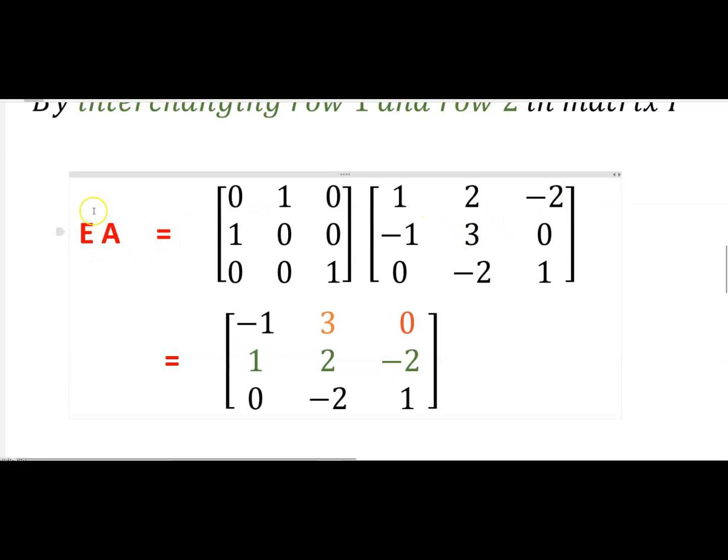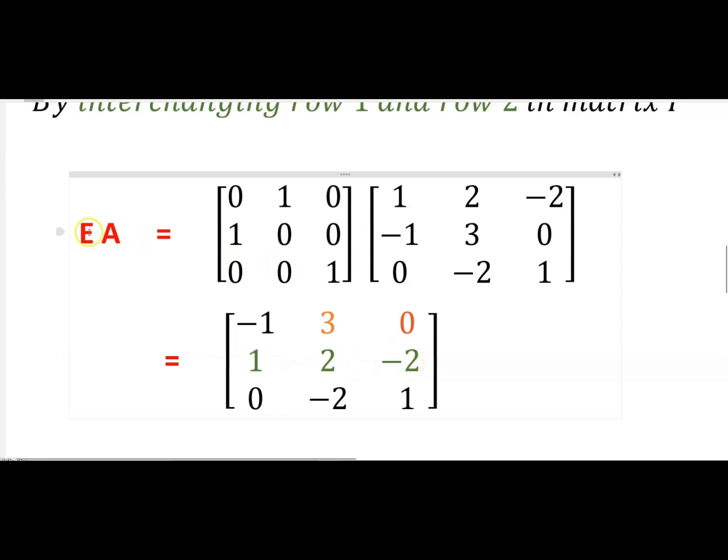When you multiply EA, only rows are changed, right? Only rows are changed.